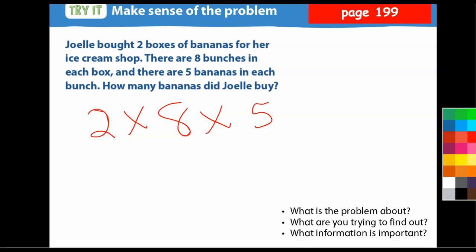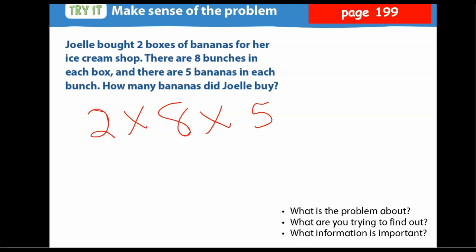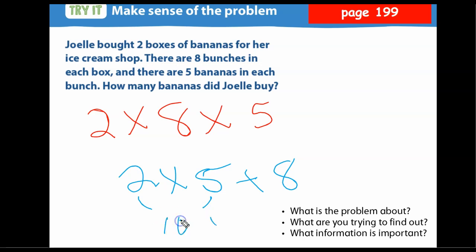Okay. Now another way that this can work too is it doesn't matter in what order I put these numbers in. Okay. Can I do this? Yeah, I can do that too. Okay. Because then I can go 2 times 5 is what? 10. And what's 10 times 8? 80. Okay. If I did the top one,